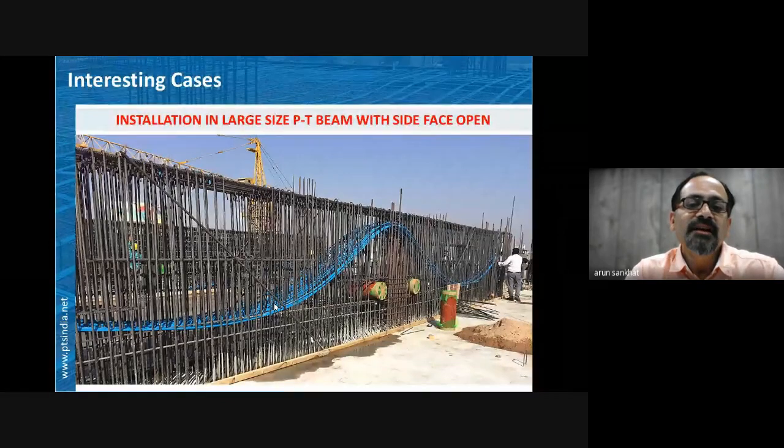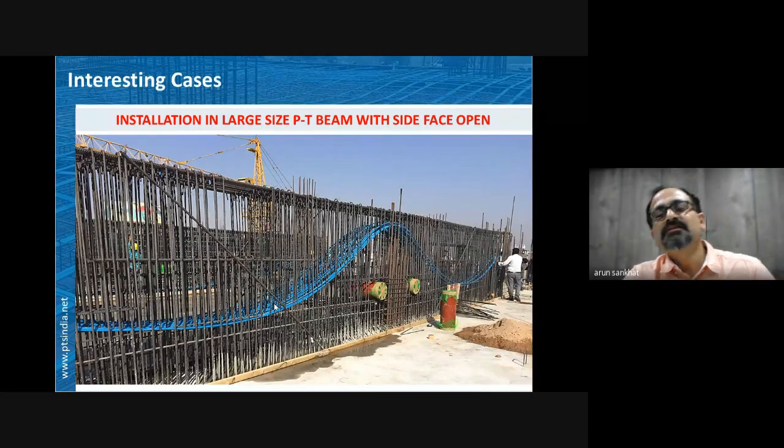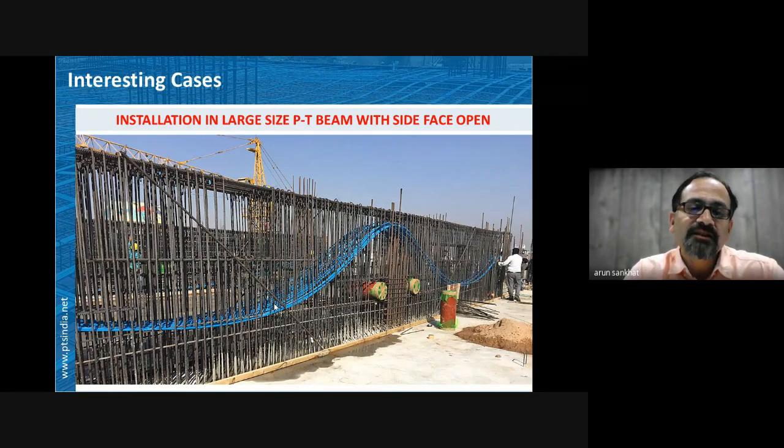Now this is something else. Here this is a large depth beam. Actually this is a girder beam which was resting some floating columns on this beam. So here you can see that the depth is more than the human height, right? And here you can see the cable profile. This is a support, there is a support below this beam. So cables are at a high point, then again a low point, and then again they are at the stressing axis. So again, the same thing is happening here.